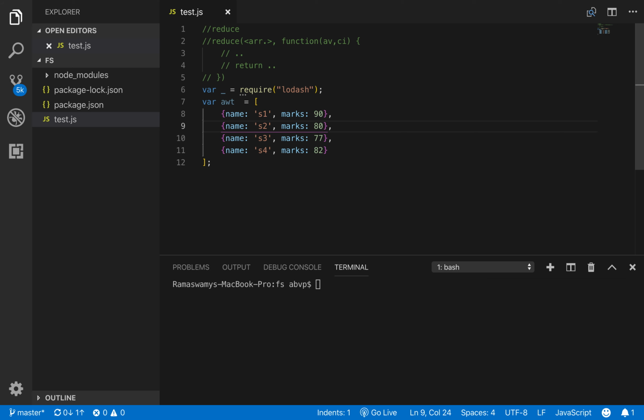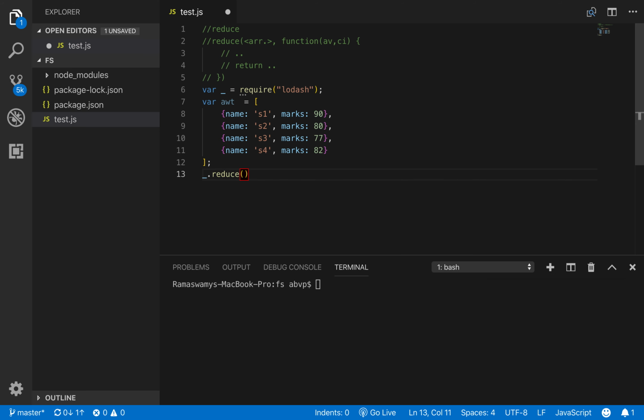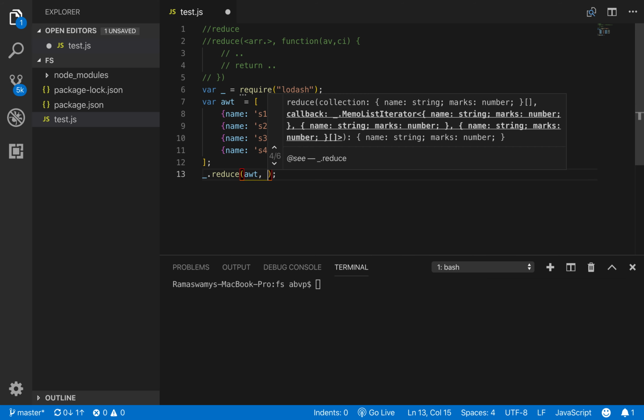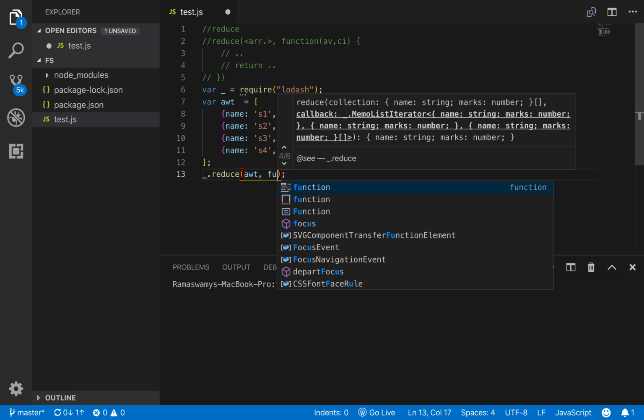Now that the functional library Lodash is available to this script, let us invoke reduce by referring to underscore, so underscore dot reduce, and pass in the required parameters. The first one is the array, so the array name is AWT. The second argument is, let us define an anonymous function.